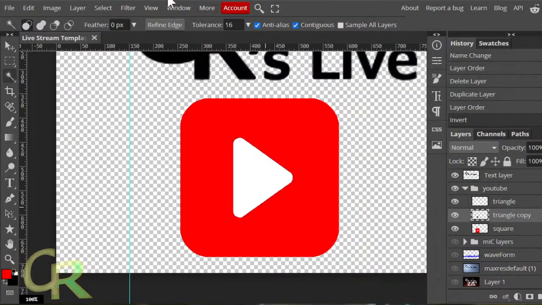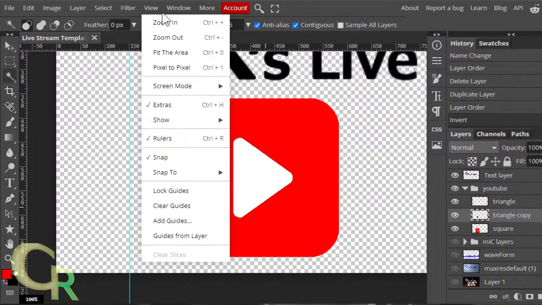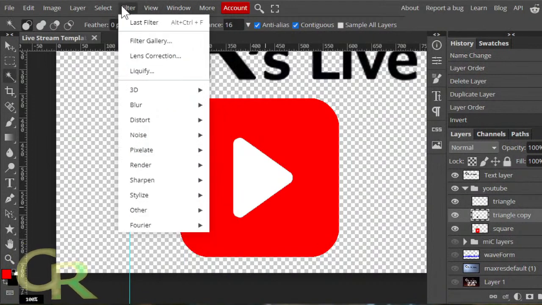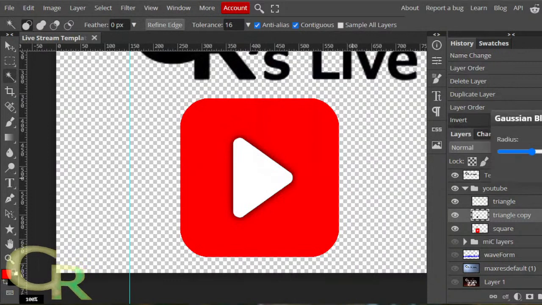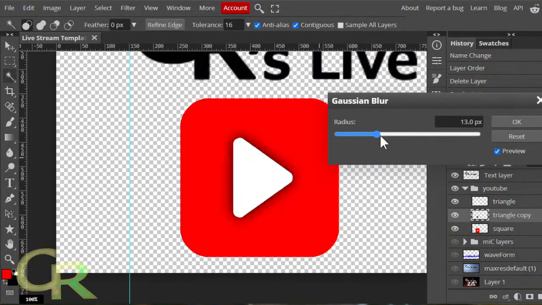Then go back. I just went to simple blur first. Yeah, let's go to Gaussian blur. Let's set this at 10 pixels.